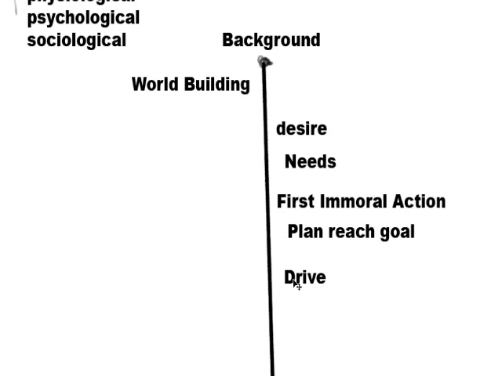Right, now we need to get into drive. So after all this, after doing some world building, some foreshadowing, some background on the main characters, weaving background with the main characters, showing his desire, now his desire is justice and all that, showing what his needs are. His first immoral action, which now reveals some of his weaknesses. In this case, the drug addiction, and now the first immoral action showed his anger problem, which makes him abusive. And then,